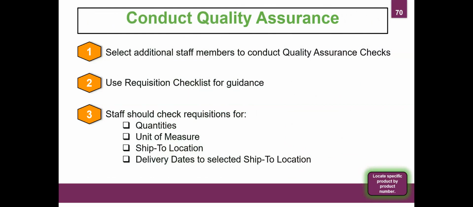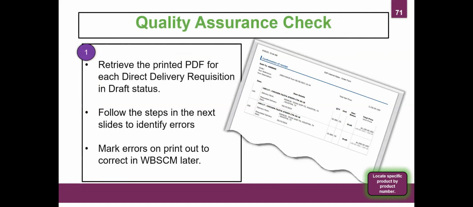You can utilize the requisition checklist. We moved that into the chat earlier. That's the one pager that walks through the requisitions, both for direct delivery and processing. You're going to look at the quantities, the unit of measure, the ship to, and the delivery dates that are selected for the ship to. And then basically it's just that final sign off that everything is ready to go to TDA. We made our list, we've double checked it,